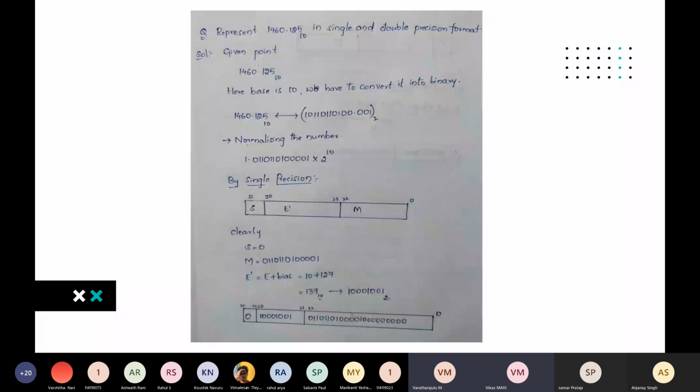10110110100.001 base 2. Now we have to normalize the number. I have normalized the number for single precision. Here the sign before the significand is plus, so you take s equal to 0. The exponent here is 10, and as the bias is added, it comes to 137 to the base 10. Here 10 is a decimal number,